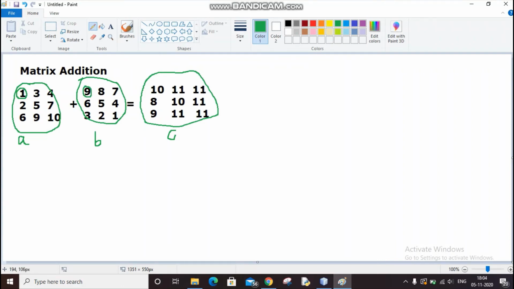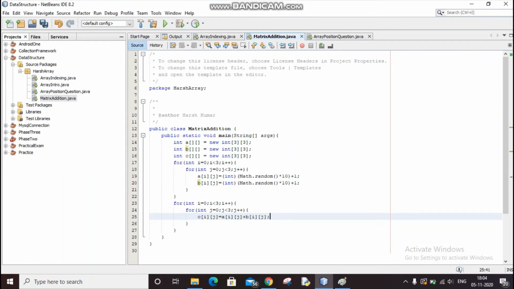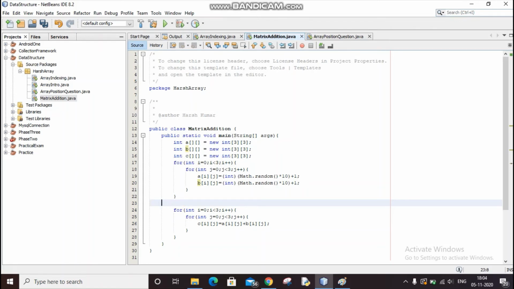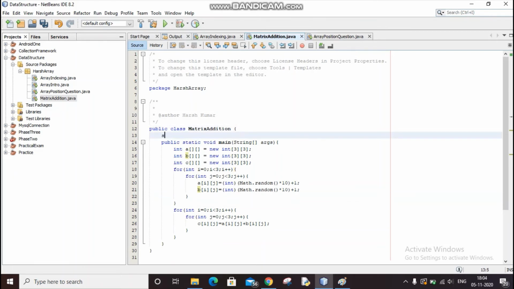So I'm adding both of them and I'm putting it at this position, and similarly I'm doing it for all other elements. So this is how I can add all the elements and put it inside the C matrix, right? So I'll also print these, or let me just create a method because I'm going to print all the three. So I'm going to create a static method, static